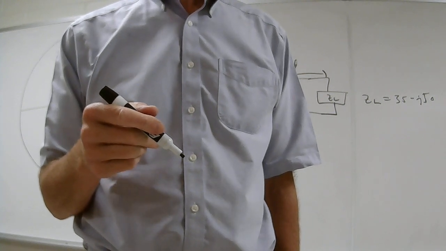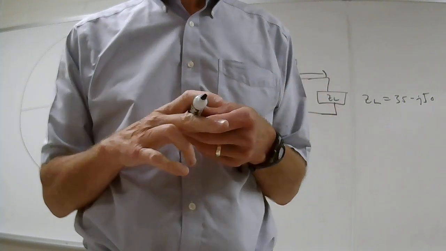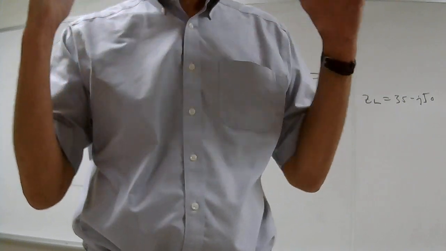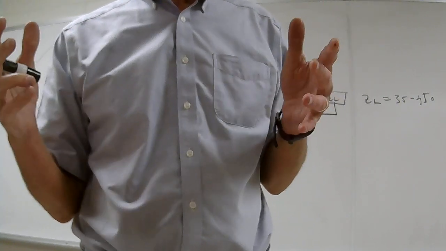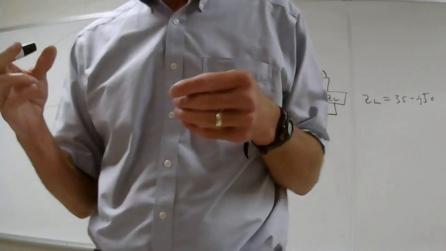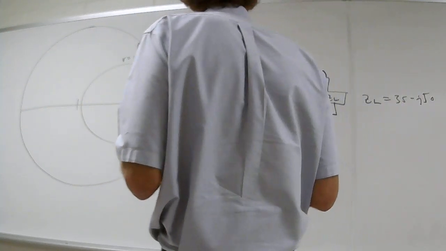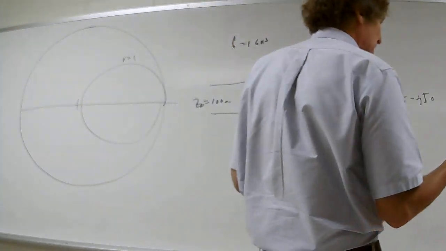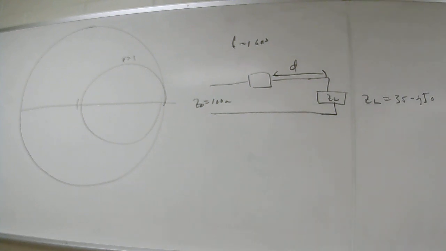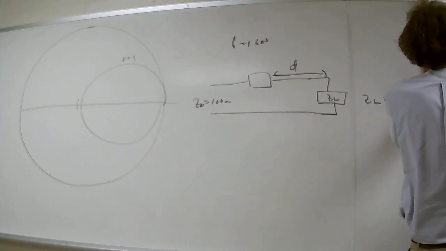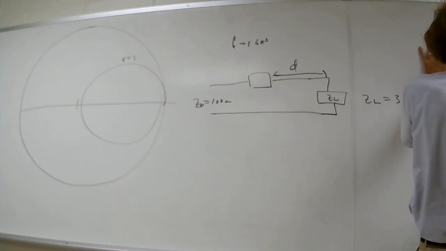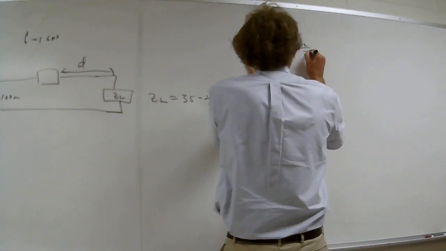I'm going to show you how to do this problem. This is one of those things, if you know what you're doing, it'll make perfect sense, and it should be almost obvious if you try it. So first of all, with the Smith chart, we're going to get the normalized input impedance. First, the normalized impedance is going to be ZL over Z naught,